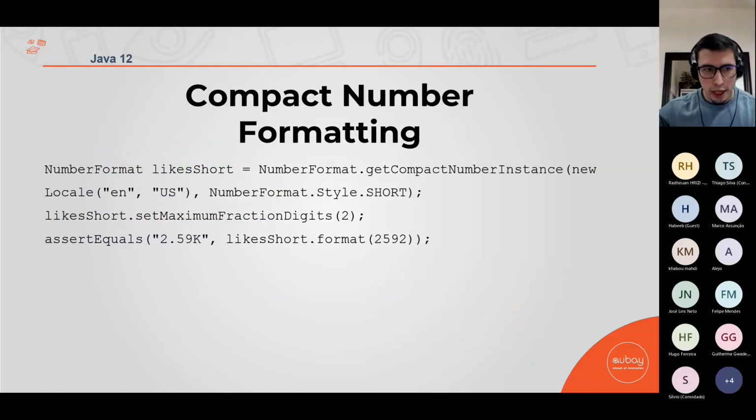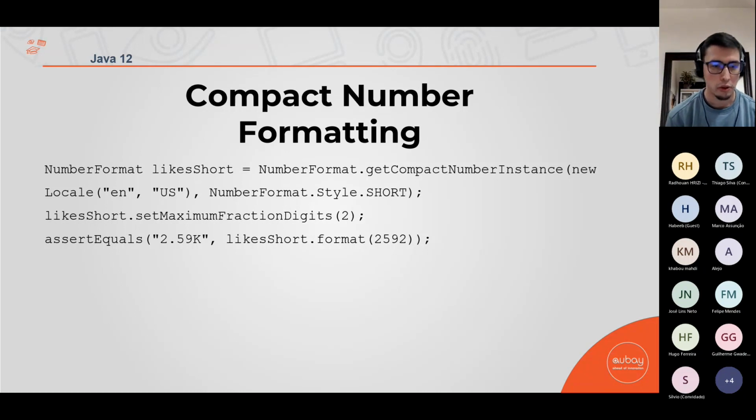So the first thing I have in Java 12 is the compact number. Here, for example, let's say that you have a big number like 2000 and something, and you want to print it in a short style, okay? Like 2.69K.